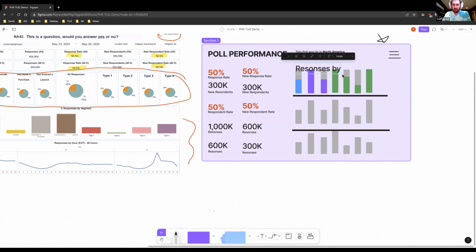Responses by segment. Maybe that's medium. Oh, you know what? I didn't even do it all caps like I said I would. There we go. And these were response by hour.